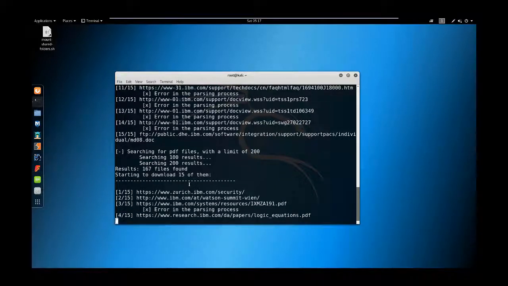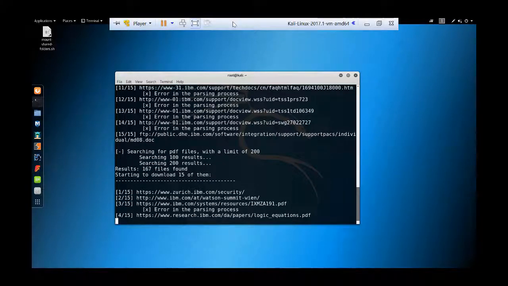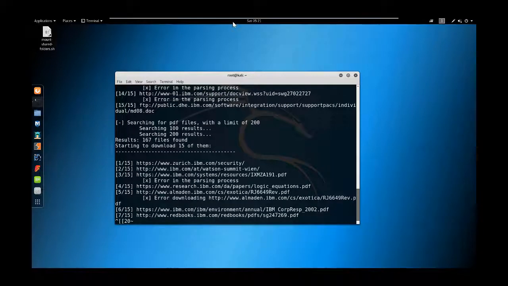So I'll keep it running for a few seconds because it depends on the file size, it will take time. I should make it like 5 or something, it is too much to have it as 15. So let me just pause until it finishes. So it's taking too much time. So what I'm gonna do, I'm gonna stop the downloading because I should choose a smaller number of files, Control Z